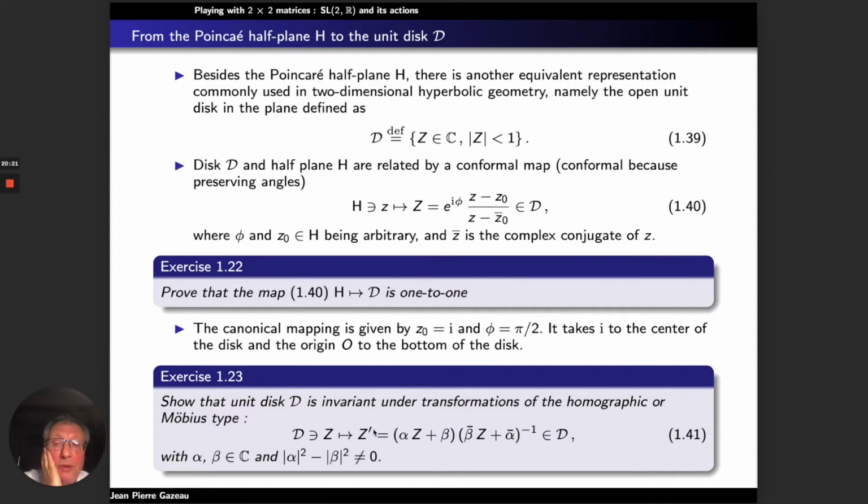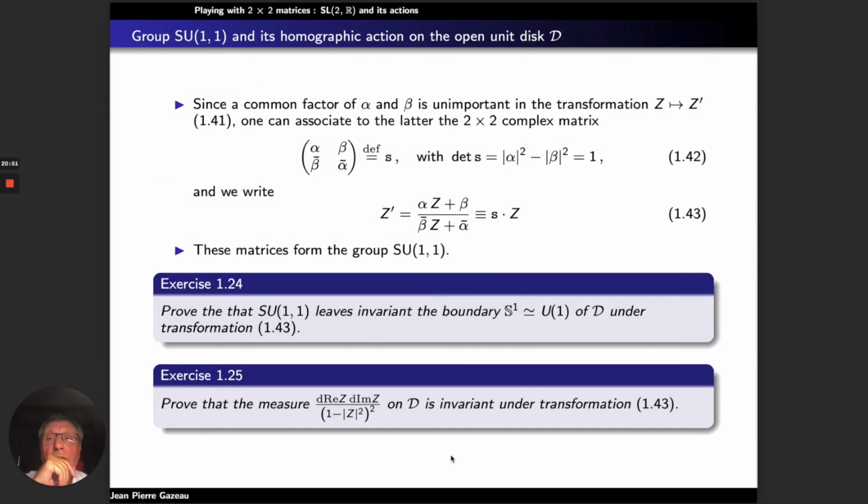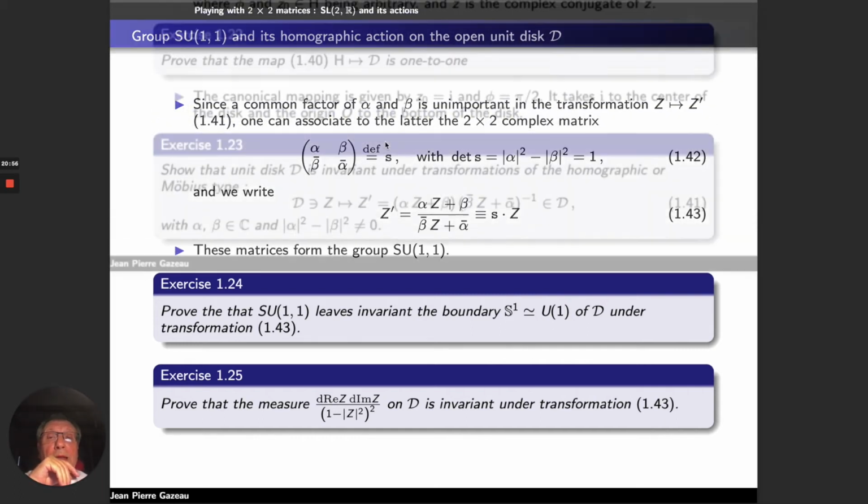Where the transformation from Z to Z prime is given by the ratio alpha Z plus beta, divided by conjugate of beta times capital Z plus conjugate of alpha, where alpha and beta are complex numbers such that modulus squared of alpha minus modulus squared of beta is different from 0. Now, since a common factor of alpha and beta here